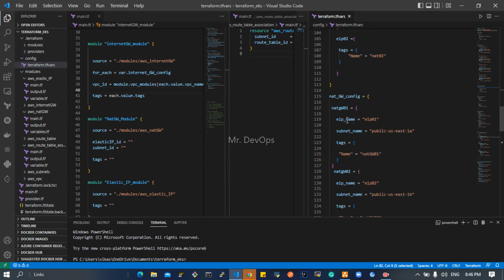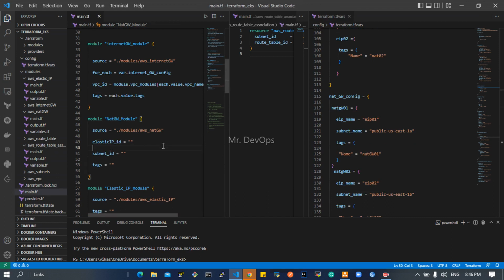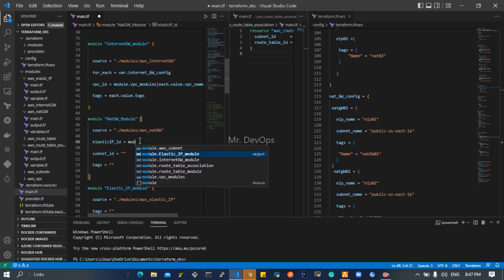Now going for the NAT gateway. Where is the NAT gateway? Here we need elastic IP, subnet id and tags. So the NAT gateway module needs the elastic IP id. How are we going to pass this id? The same way we have done with the VPC, right? Hope you are aware of that. So let's go with that again. From which module are we expecting this? Module dot elastic IP module simply,